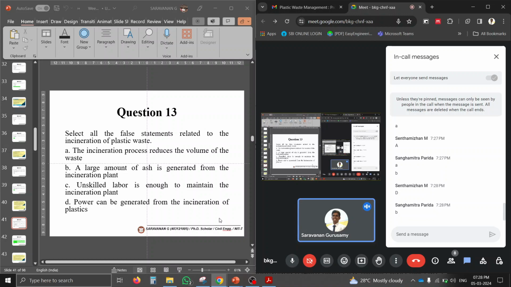What are the false statements? Power can be generated is true. Incineration reduces the volume is true. The large amount of ash is wrong. Unskilled labor is also wrong,